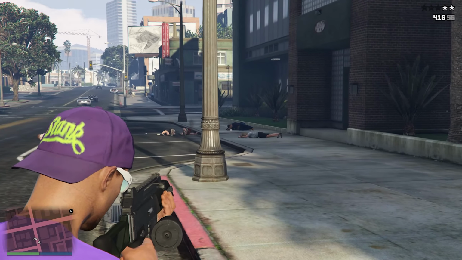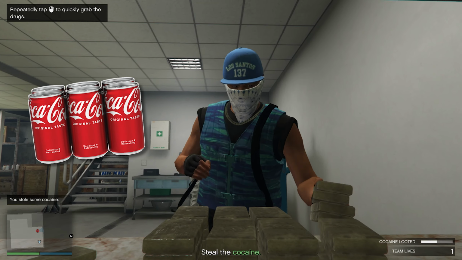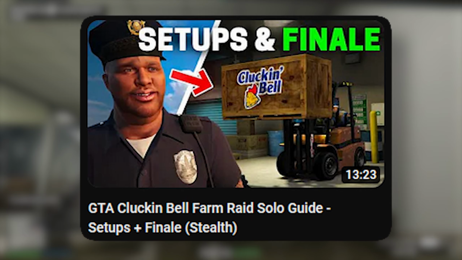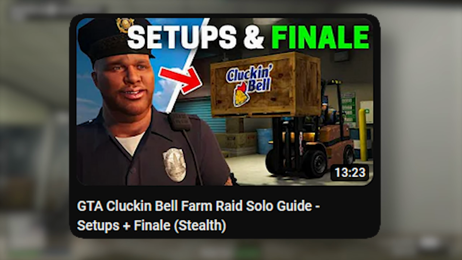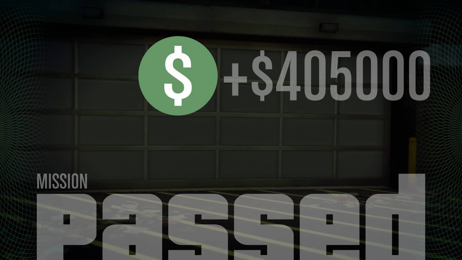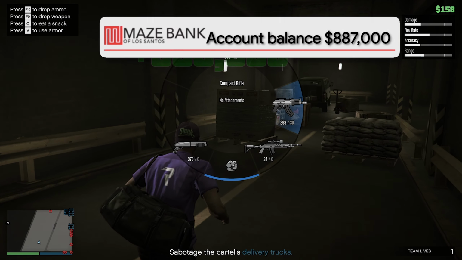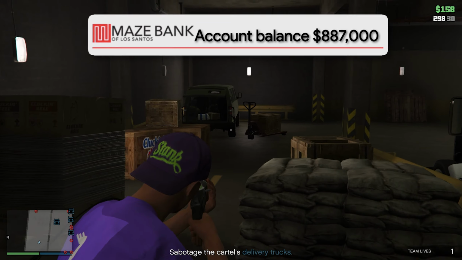Now once you completed these missions, you can start the finale where you will be stealing some coke. I've made a full guide on how you can do all the setups and the finale as well, link is in the description. Now when you completed this, you will earn a total of $500,000, and because you did this the first time, you'll get an additional $250,000 added to your balance, which brings us to a total of